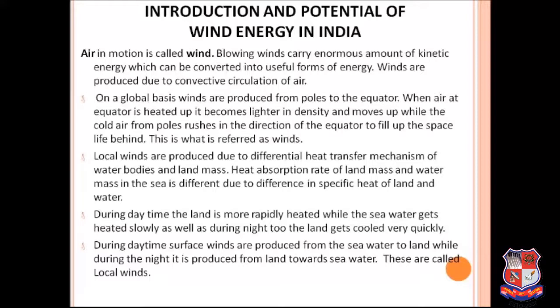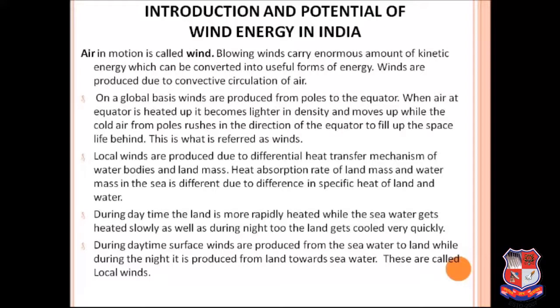The local winds are produced due to the differential heat transfer mechanism of water bodies and land mass. Heat absorption rate of land mass and water mass in the sea is different due to the difference in the specific heat of land and water. Due to the heat of the sun rays, the land is more rapidly heated up, while the sea water is slowly heated. In the night time, the land is quickly cooled, while the sea water remains hot for a longer period of time. Due to these differences in heat transfer rate, the temperature differences are always remaining at daytime and